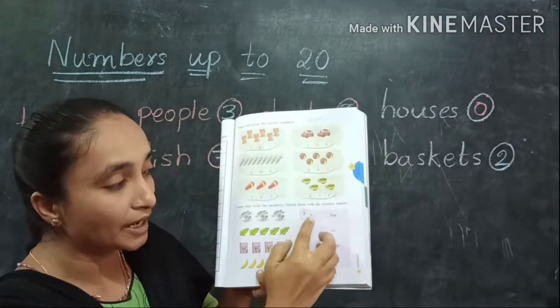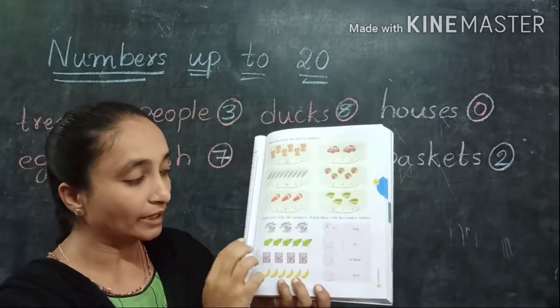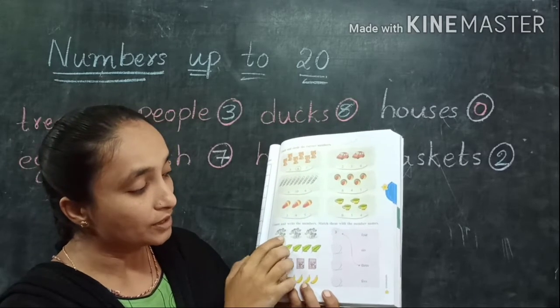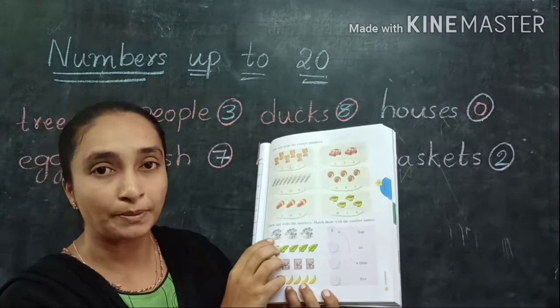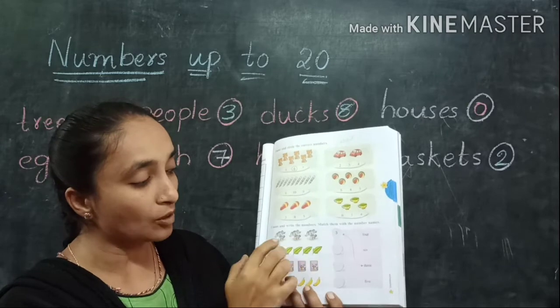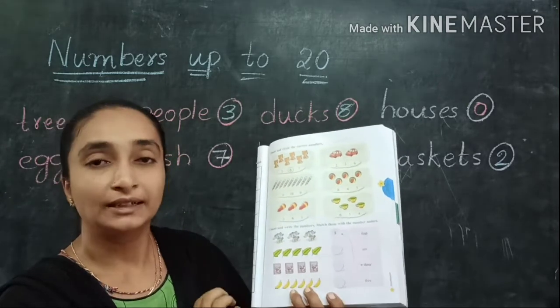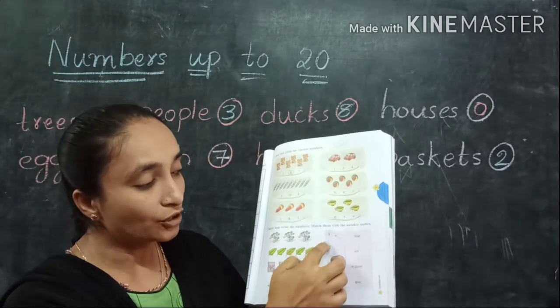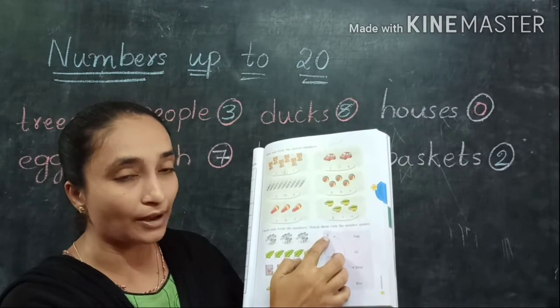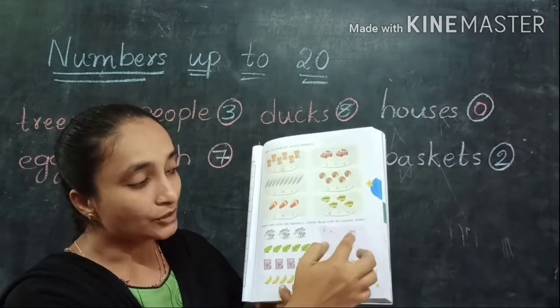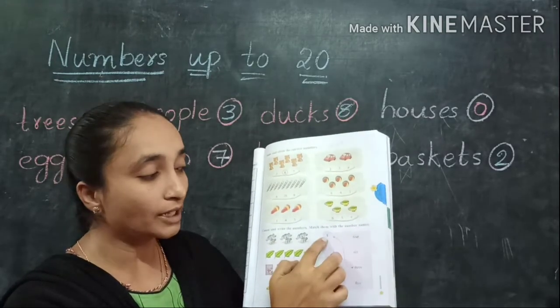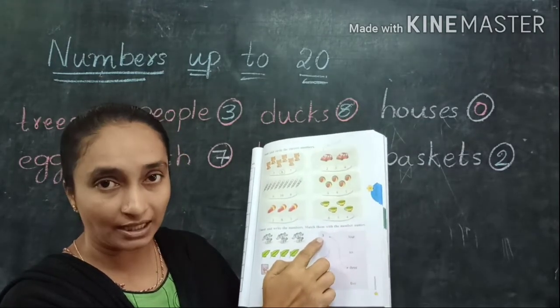So one is already completed here. Let us see now. The first one here, we can see the puppies. Small puppies. How many puppies are there? 1, 2, 3. 3 puppies are there. Here you have to write the number. So here I have written the number 3. So here are the spellings. So the 3 spelling, THREE 3.